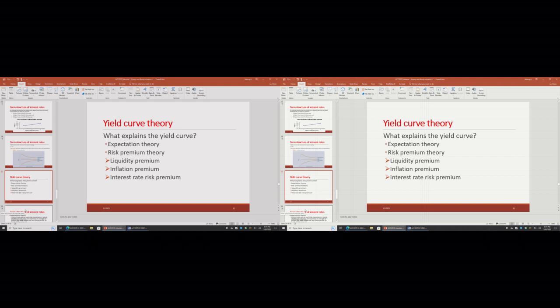We also have several other theories to explain the yield curve. The expectation theory, where we have some calculation problems. Expectation theory just means that this term structure actually implies the investor's expectation of the return for future investment. And the risk premium theory: